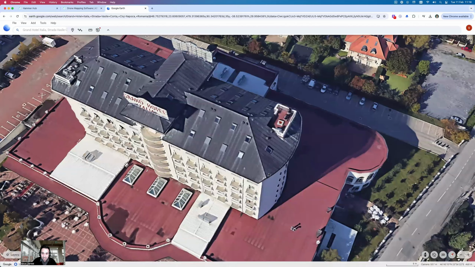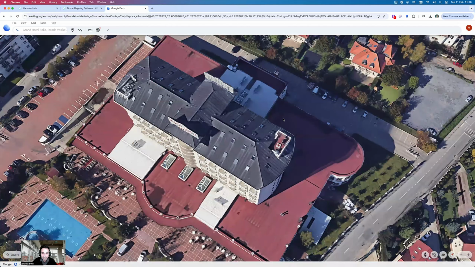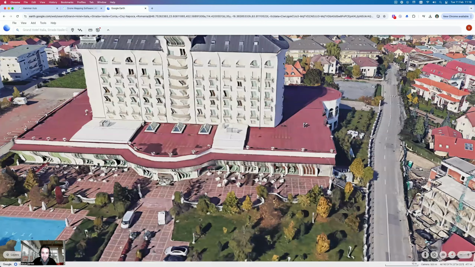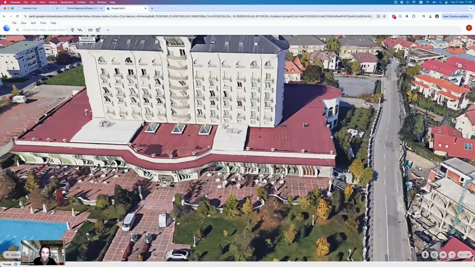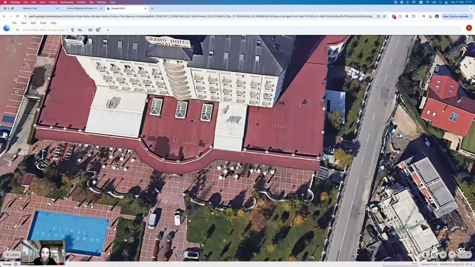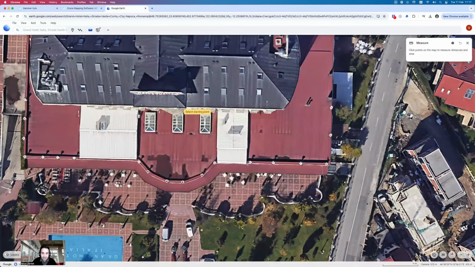Now, it really depends on where we're taking off from. In this particular example, we have to realize that this property has a double roofing system. So we've got to take into account a little bit of both to understand what the total height of this particular mission should be. But just to start with, what we can see already is that this particular part of the property forms a bit of a square. So if I was to measure the roof from here to here, that gives me an early idea